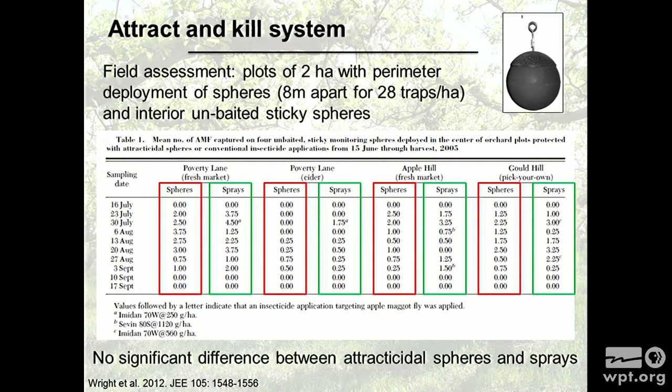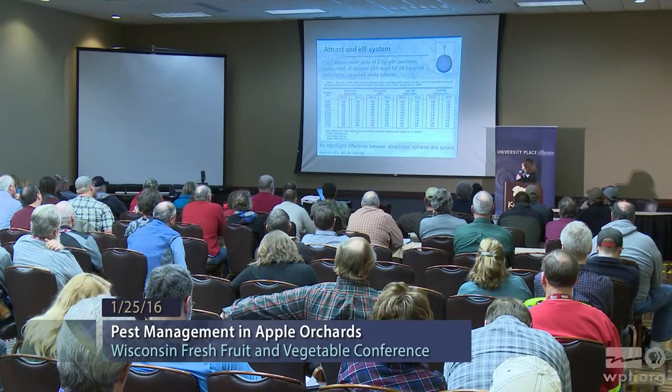And overall, what they found is that there was no significant difference. It was never at any of the farms that they had a significant difference between the insecticidal spray and, right now, unfortunately, I can't remember what insecticide they used, but what they had was the spheres. So no insecticide at all, and exactly the same amount of control that they were getting at those 4 farms. Then they looked, obviously they collected some fruit to look at damage and infested fruit.